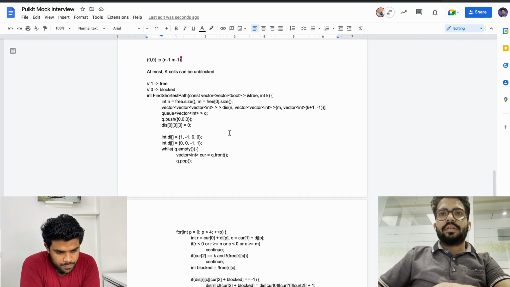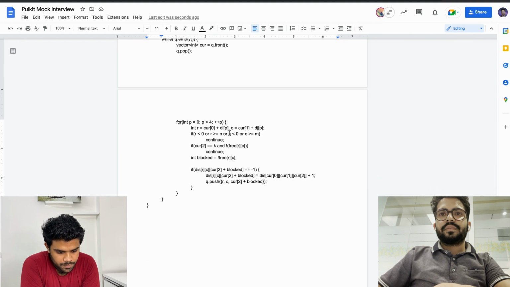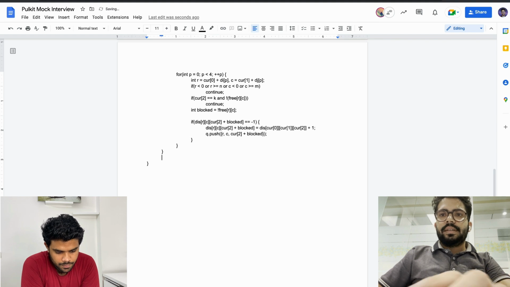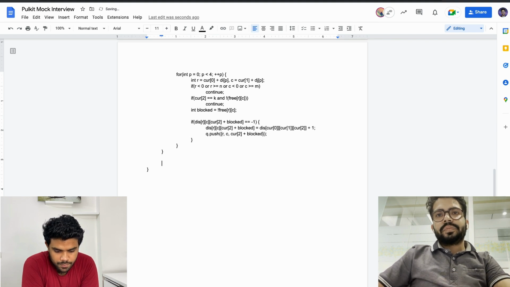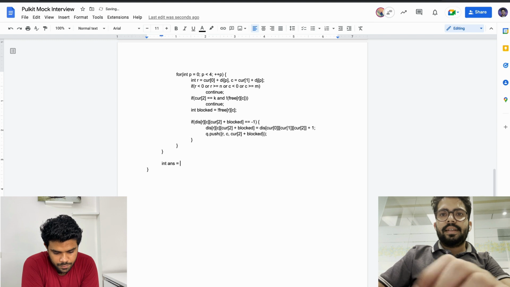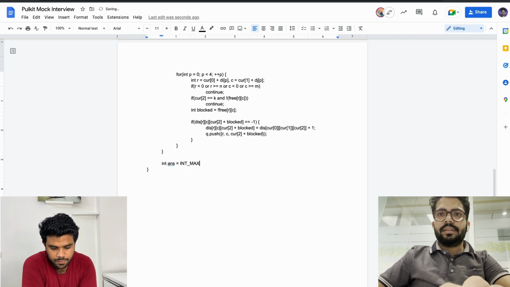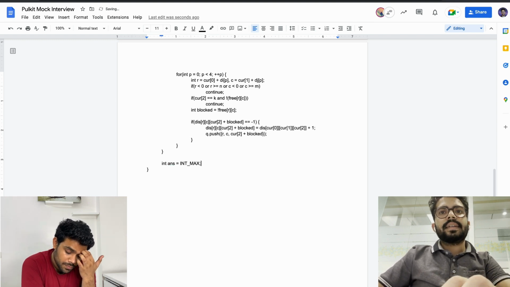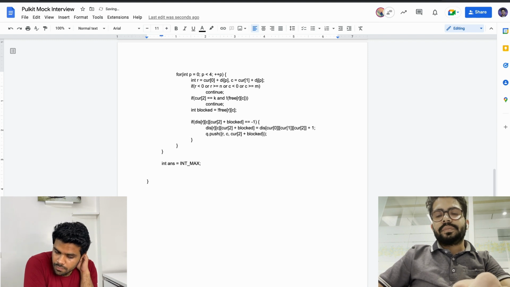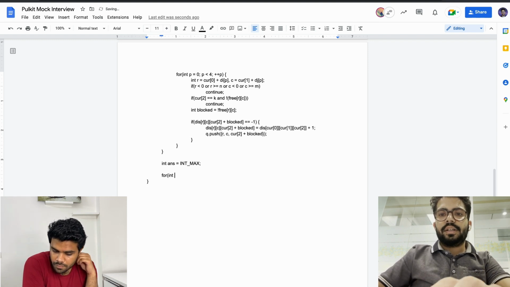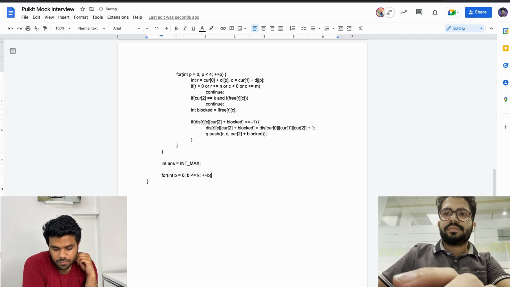Now, once we are out of the while loop, I'll just initialize the answer to be something really large, int max. And then I'll just loop for int blocked equal to 0, blocked less than or equal to k.